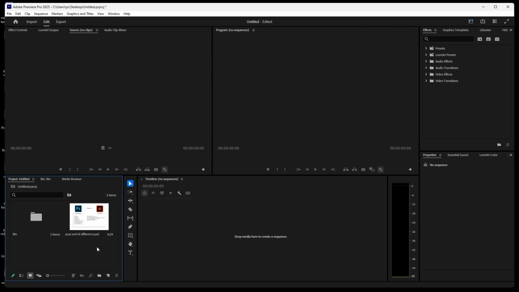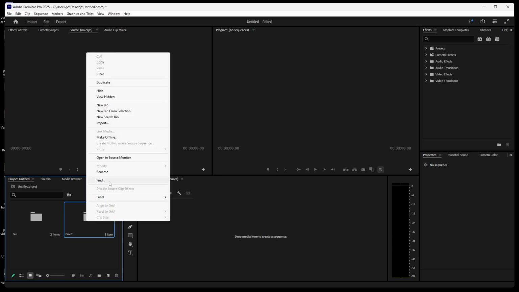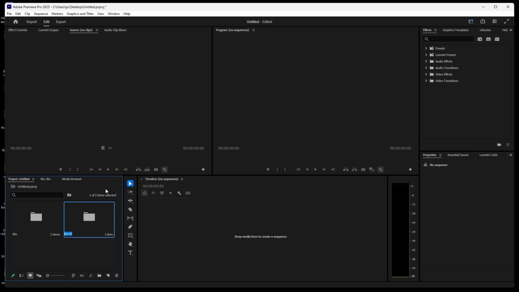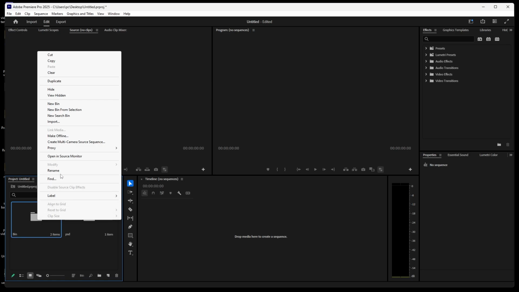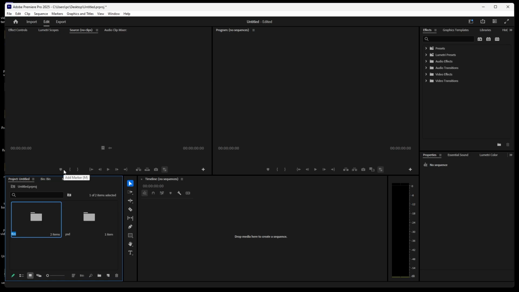And suppose here you can create one more bin, and you can drag and drop here. So here it has a folder, a file inside the folder, okay. And you can right click on the folder and name this one. Suppose this is a PSD bin, and right click here, and rename this videos,